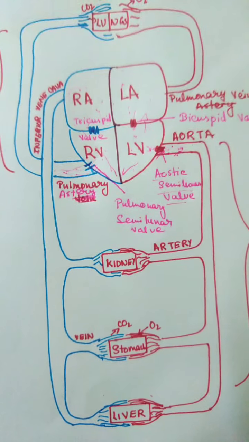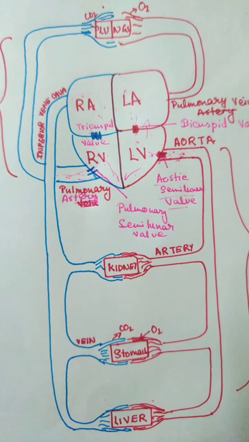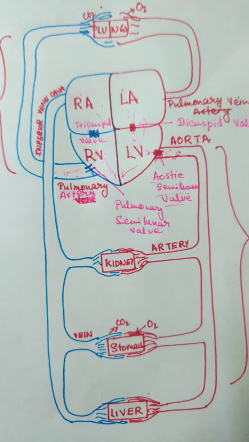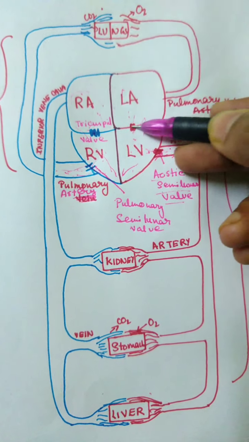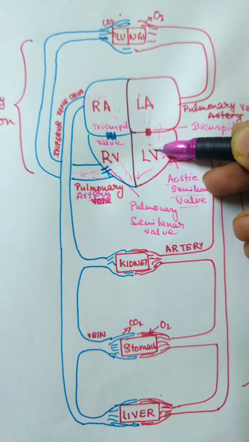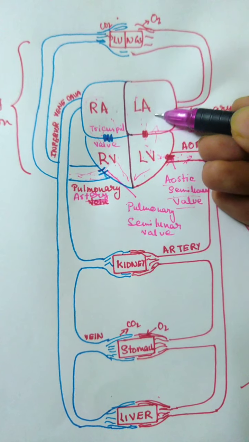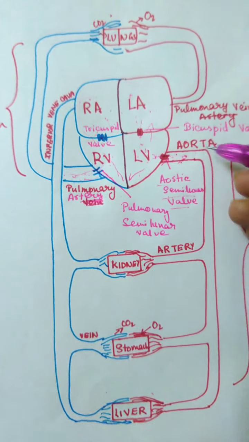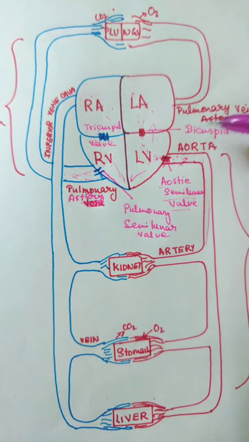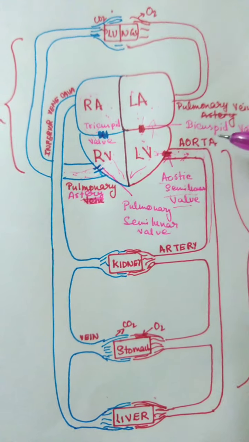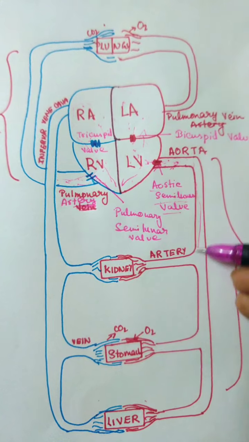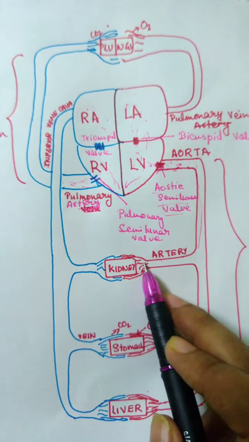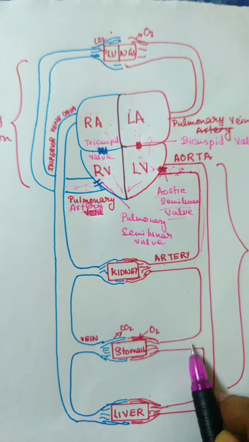Now we'll talk about the systemic circulation. Systemic circulation refers to the circulation that happens between the body and the heart. The left ventricle has oxygenated blood that it receives from the left atrium. This oxygenated blood is forced out through aorta. Aorta travels down the body and even to the upper parts, which is not drawn here, and it divides into arteries and arterioles. These arteries soon divide into capillaries in various organs,